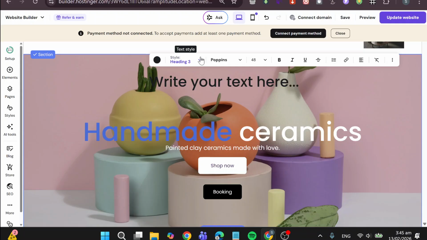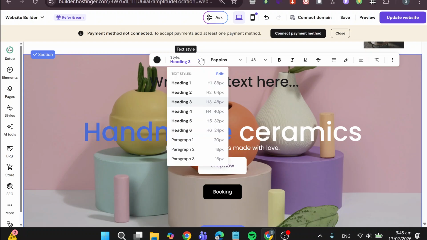So now what is the purpose of having these three types? Now, if you're going to be using H2 and H3, it is going to be completely normal. It is going to differentiate the big titles, small titles, and parts of a title. And if you're going to use a heading 1, which is going to be the main text on your specific page,